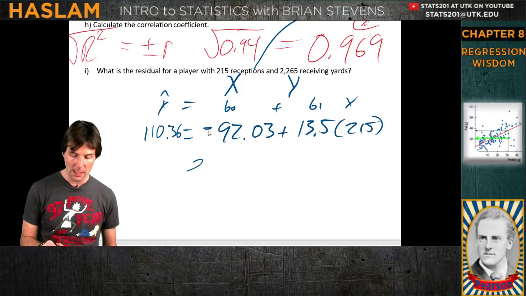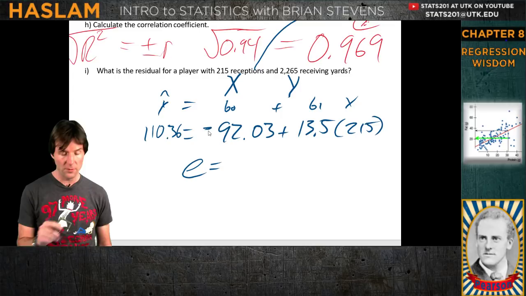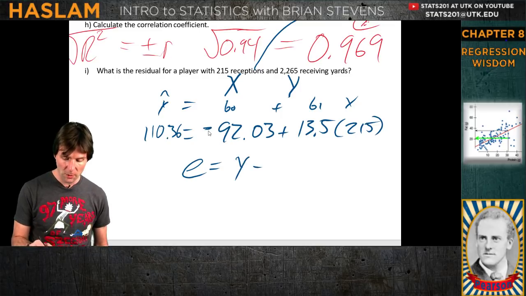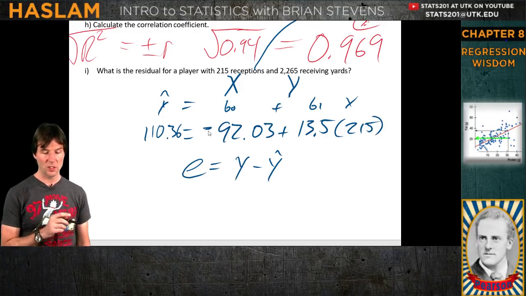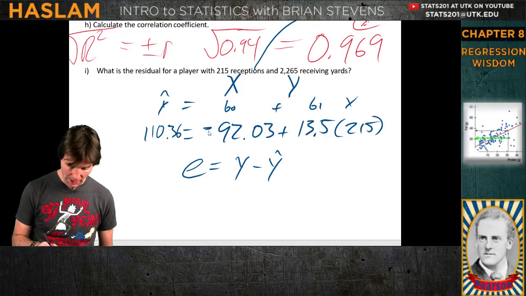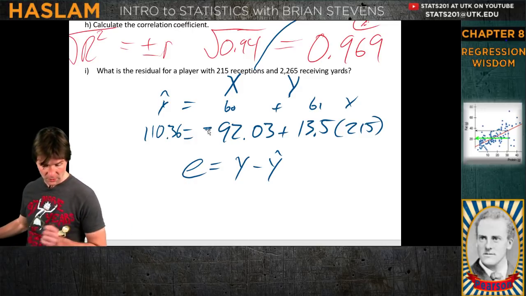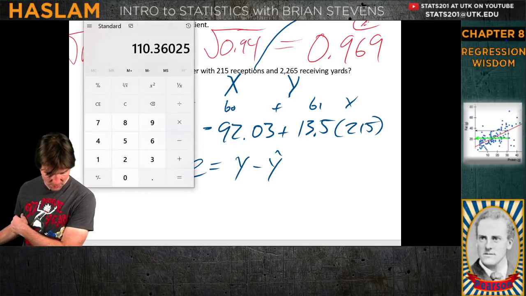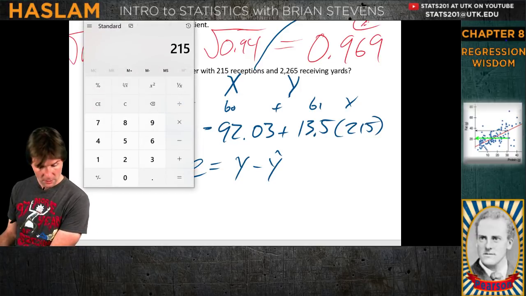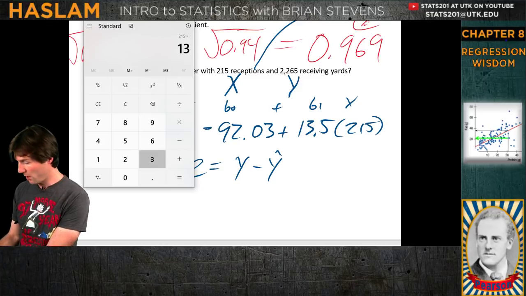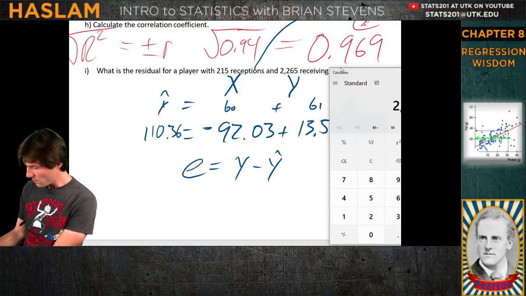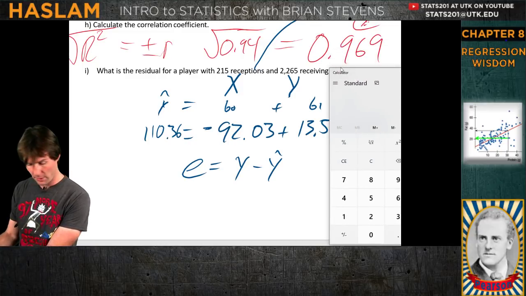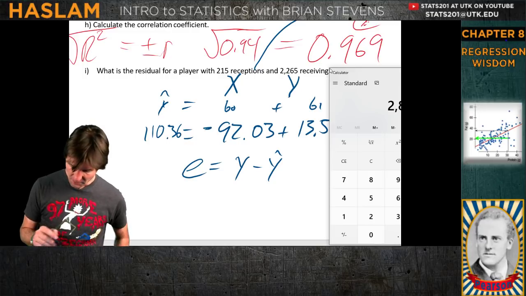Now that I know y hat, I can solve for the residual, which is e. These are given to you. The residual is the actual minus the predicted. So the actual minus the predicted right here is how we get the residual. Let's plug in our numbers. Something went haywire in my thing. Someone's going to say it. I carried a number wrong. I think I typed in 21.5. So there we go, a little small error. That's looking better. It's so easy to make a little error. There it is.